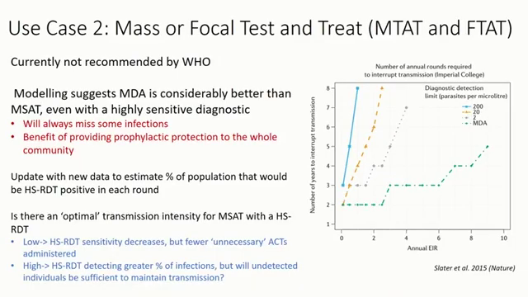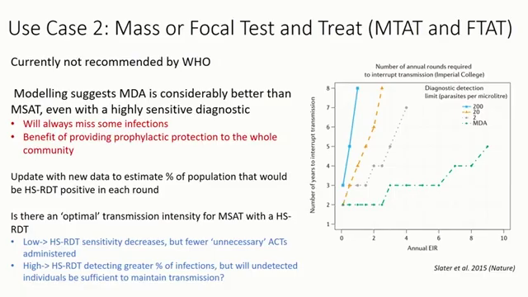It also raises a question: is there a sweet spot for MSAT or MTAT? I called it both things on one slide, so that's how defined the notation is. In very, very low transmission settings, the sensitivity of the HSRDT decreases, but in this setting, doing an MSAT approach might be more appealing because you don't want to give out loads and loads of ACTs to people that don't have malaria. On the flip side, in a really high transmission setting, your HSRDT is possibly much more sensitive,